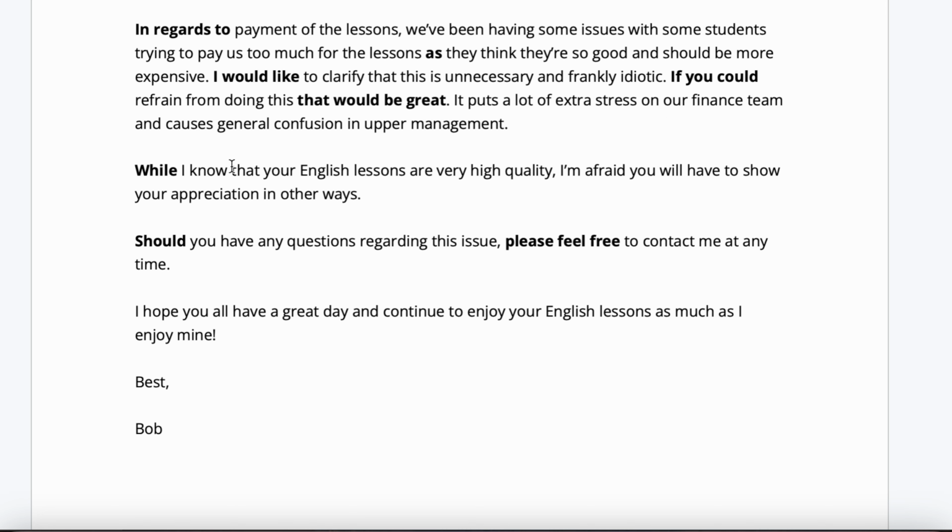It's a very nice paragraph. In regards to payment of the lessons, we have been having some issues with some students trying to pay us too much for the lessons as they think they're so good and should be more expensive. Okay, so starting off, "in regards to" is a very standard way to say "co se týče," to talk